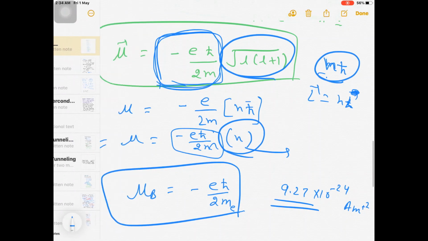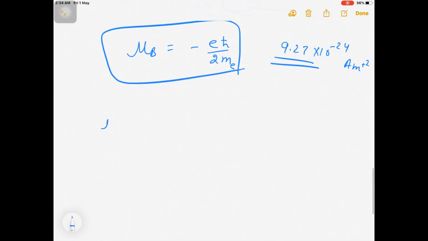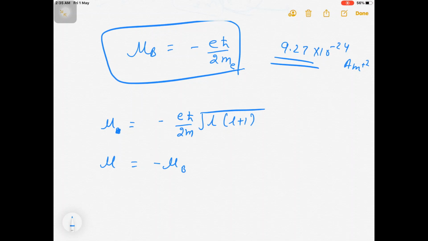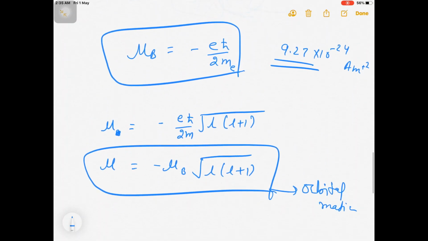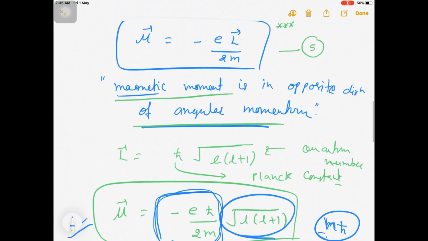So we have obtained the formula: magnetic moment mu, sorry, let me write only mu, equals minus E h cut divided by 2m under root L into L plus 1, and this quantity is going to be under root. So I can write it like this, and this is because of orbital motion, and similarly we can write the equation for